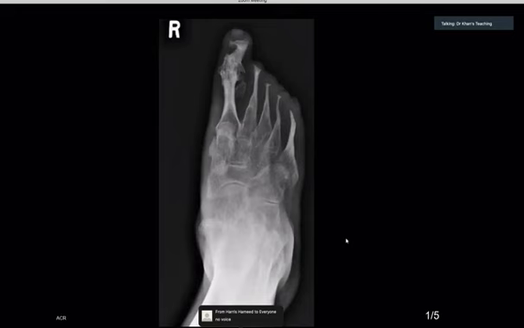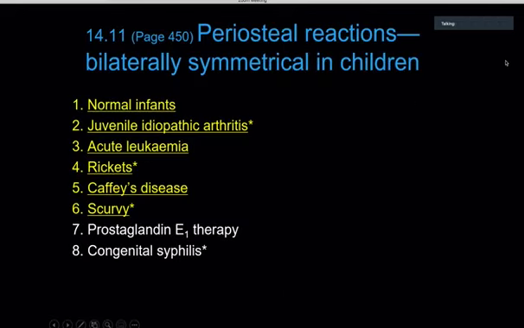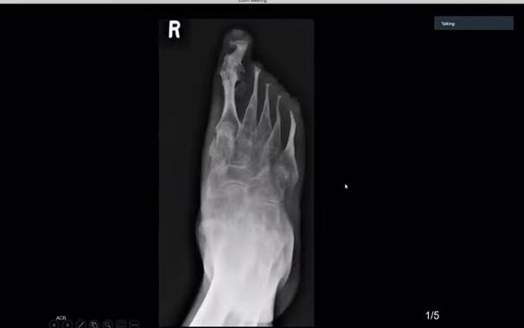Dr. Khan, you're muted. I was muted, so I will just repeat it, that this is the Wimberger corner sign, which, don't confuse it with the Wimberger sign of scurvy, which is regarding the sharp, crisp, pencil thin cortex. Here, Wimberger corner sign is that there is a medial tibial erosion, but a portion of this metaphysis is still seen. So this is for scurvy, congenital syphilis. Last case of this chapter,